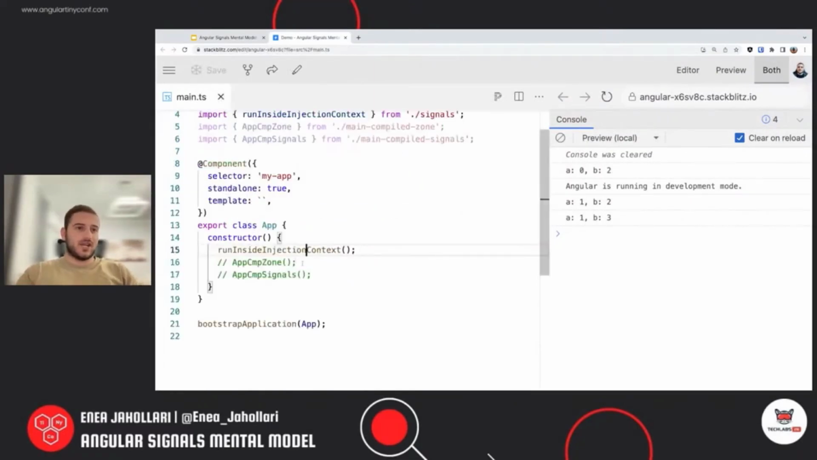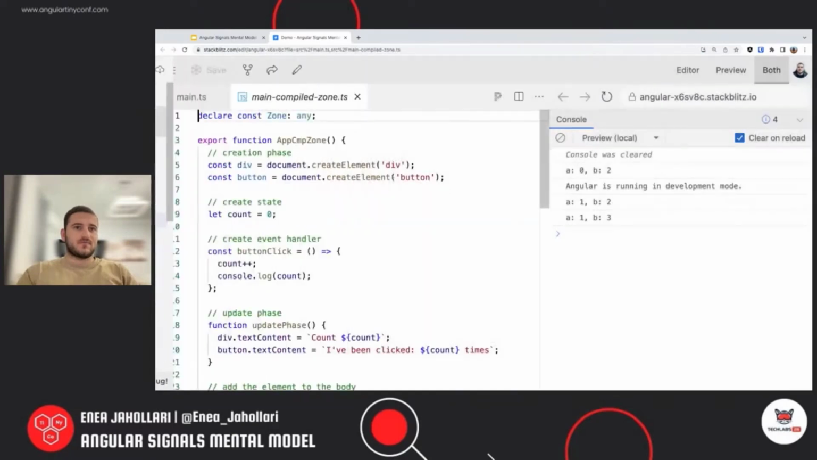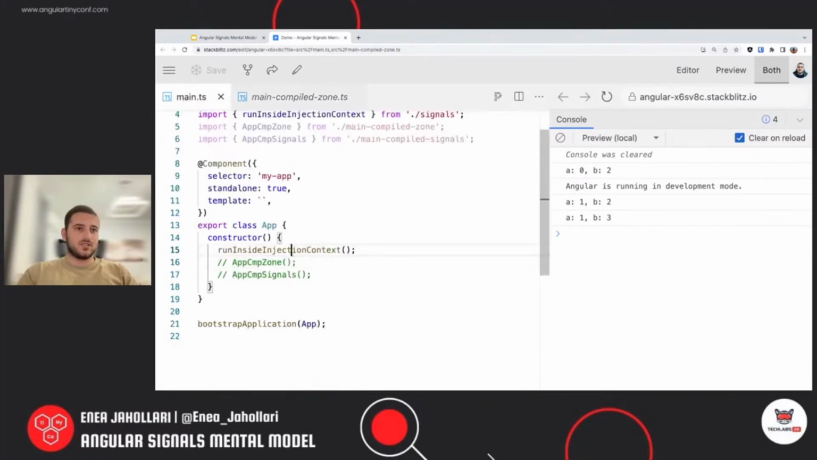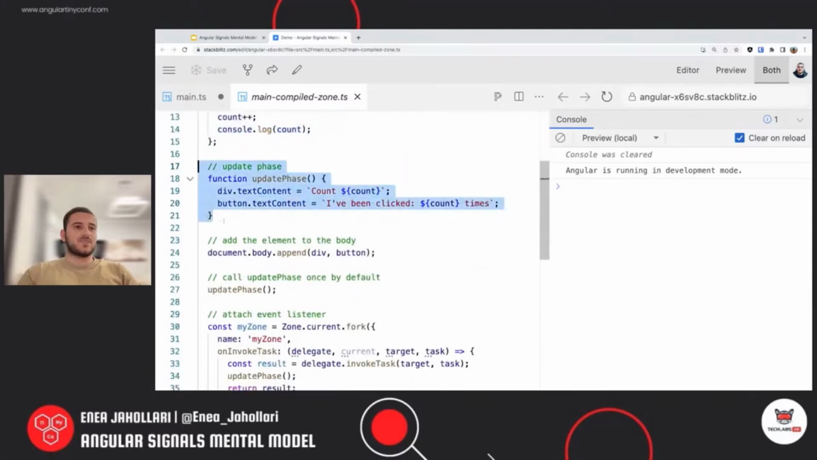So here we have this app component zone. Here we have just for typings. Let's comment this out, component zone. So we have the creation phase, we have the state creation phase, the button click handler, the update phase,